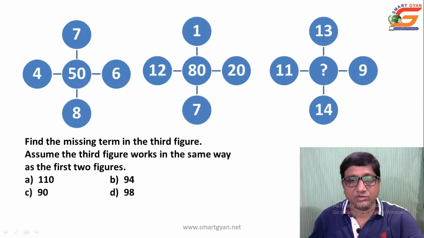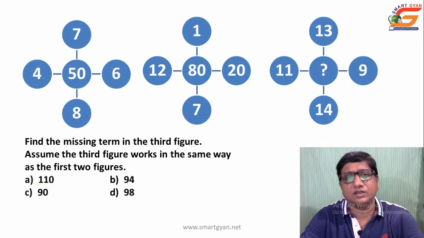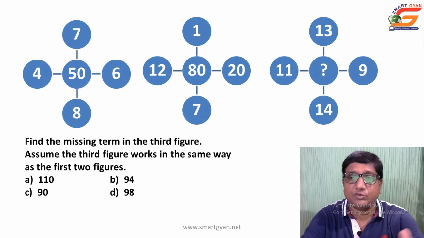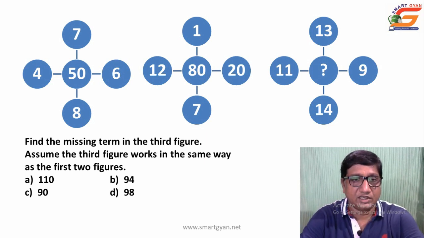Next, one more of this type. Figures may seem the same, but the operation procedure is different. What can be the different possible operations, that I have to explain here, so that it will help you understand different angles of the problem. It is coming to be 50 at the center.